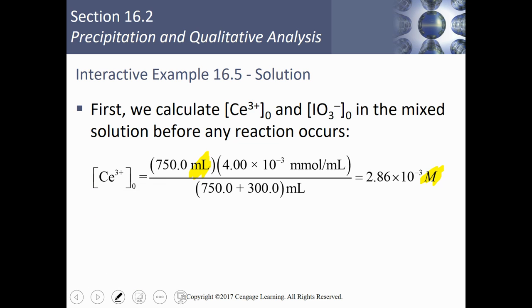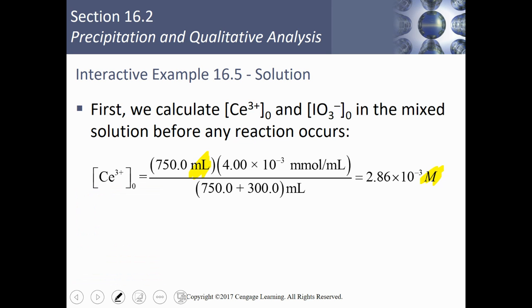All right, so like I said, you're going to see millimoles, but it's just because we didn't change from liters to milliliters here. If you did here, that would be fine. So if you change 750 milliliters and down here 750 plus 300 milliliters, you can do that technically too. You should still get the same answers because at the end you go back into molarity from millimoles, so it's not a big deal. But anyway,